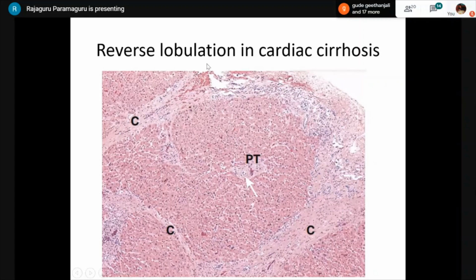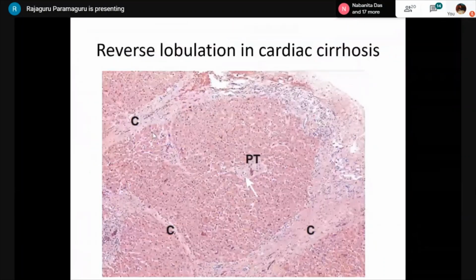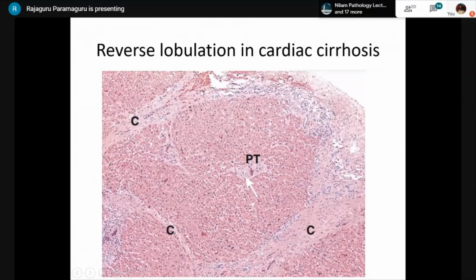That is because the terminal hepatic venules have got fibrosed with hemorrhages, which I showed you here. Terminal hepatic venule, surrounding that there is fibrosis. This is a core biopsy, so you'll not be able to see it properly. But this is a wedge biopsy, or I think, I don't know, it's an autopsy specimen. There is a lot of fibrosis surrounding the terminal hepatic venule, and there is bridging as well. But the portal tract will be normal.